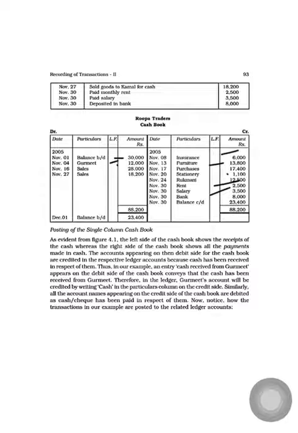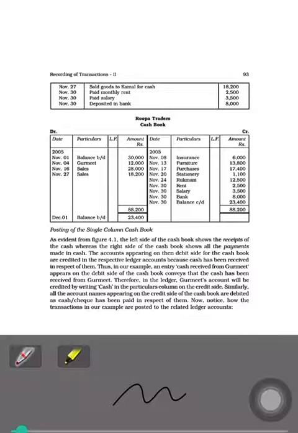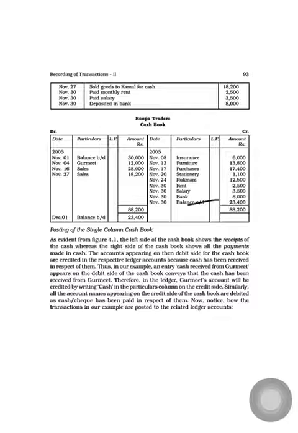Now we will do the totals. This total will be 88,200 by calculating. Then we subtract the total of the payments from this 88,200, and after subtracting we get 23,400. It will be our "By balance c/d" on the last day of the month. This balance is then carried to the next day of the month as "To balance b/d" 23,400. So this is the method of preparing a single column cash book.